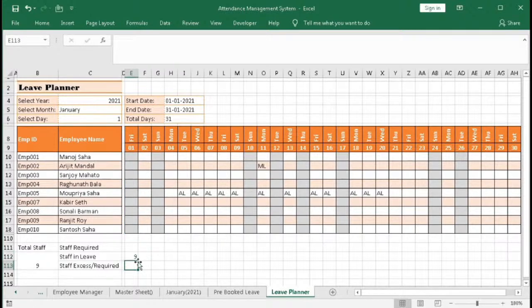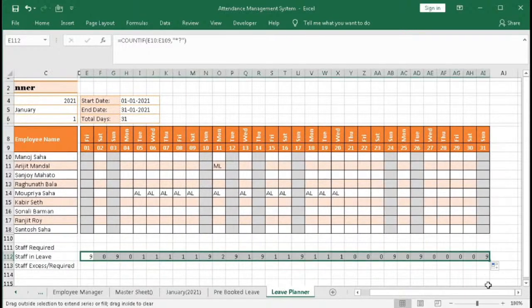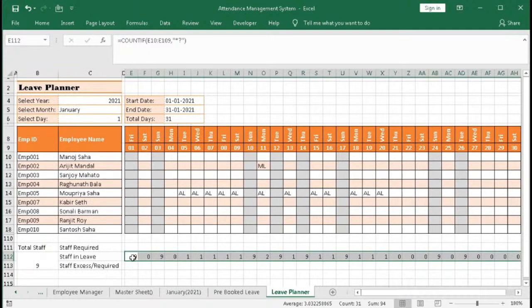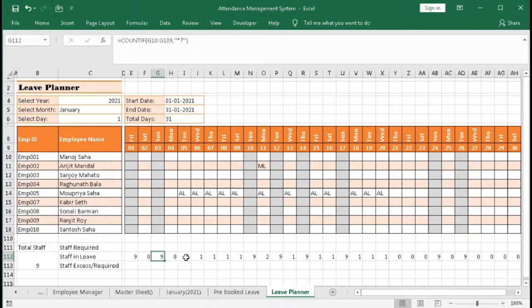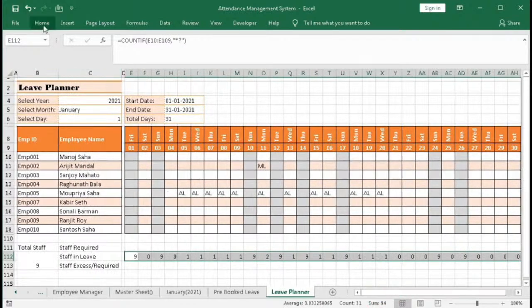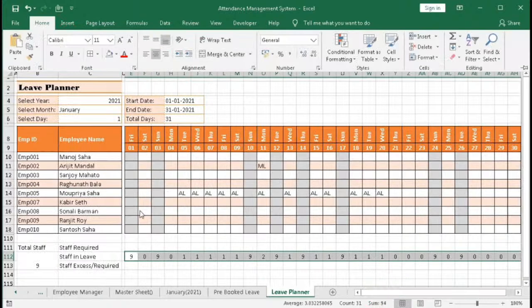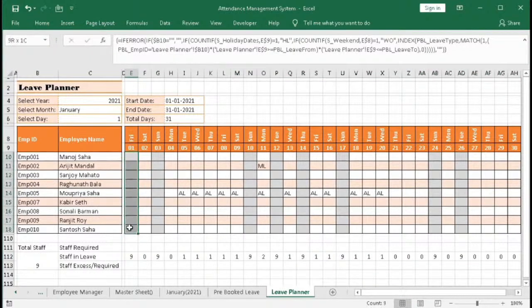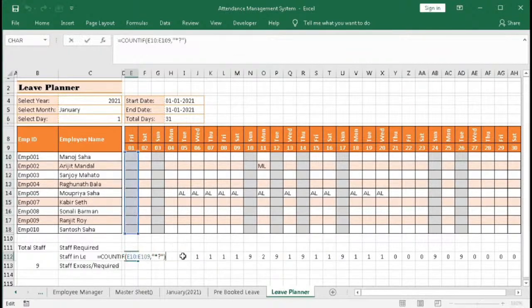So we got here 9, but if we drag up to this, we can see that here we got 9, 9, here 1, 1, 1, 1, 1, here again 9. But these are not correct, because these values came from the holiday or week off, that's why it's showing. That's why here we will subtract